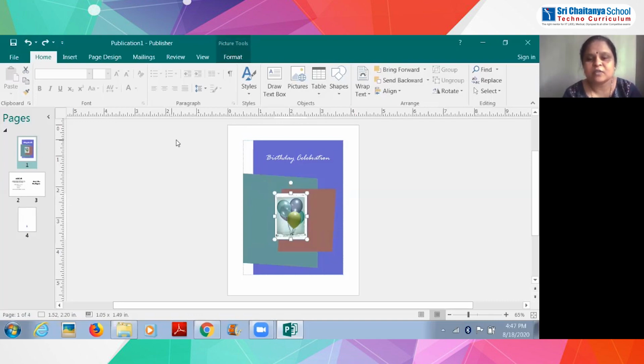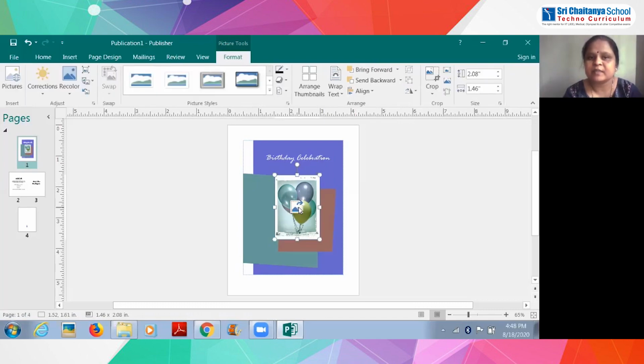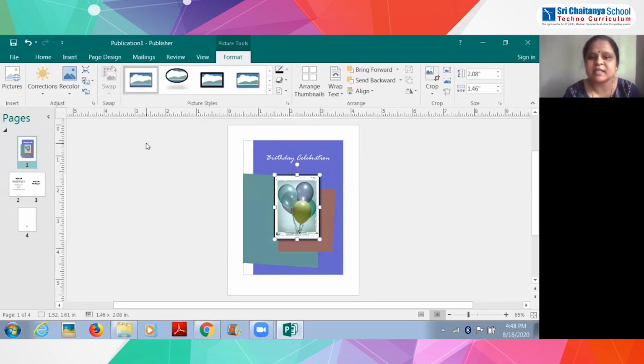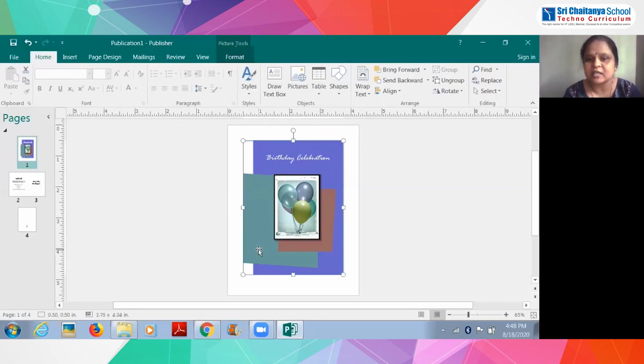You just click on the undo button, and again you will be able to see that, right? So just make it big if you want to make it big. If you click on this symbol, you can see what will happen. See, it will take you to the format. Format background. Here you can even change the background, whichever type of template you need. See, frame, you can change everything here.